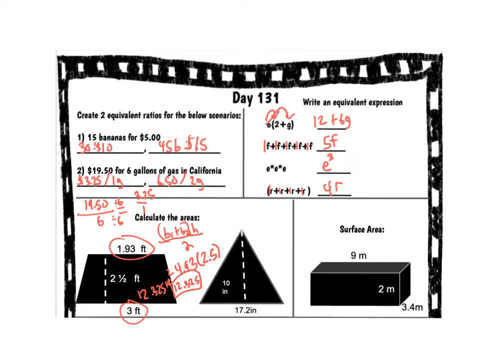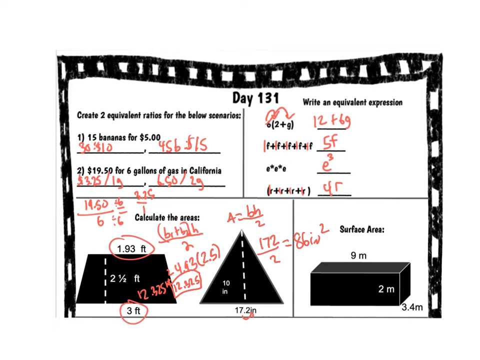Okay, remember triangle, it's base times height divided by 2. That's how you find the area. So we're going to do 10 times 17 and 2/10. Remember, when you multiply a decimal by 10, all you do is move it one place to the right. So you have 172 divided by 2 now, and you get